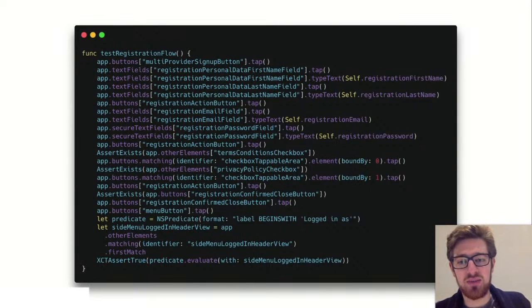And then this is the example of the whole of our registration flow test. It's mostly a lot of tapping on fields, typing text, and checking that elements exist. So you can see we start with checking that a button with a particular ID can be tapped, and we tap it. And then we do the same for a few text fields. We tap them and then type in some strings. We do the same with the secure text fields, so the password field. And then we're tapping on some more buttons and just checking the elements that we expect to exist do,